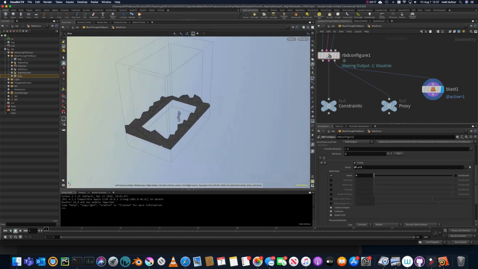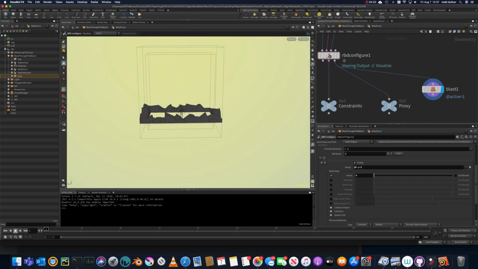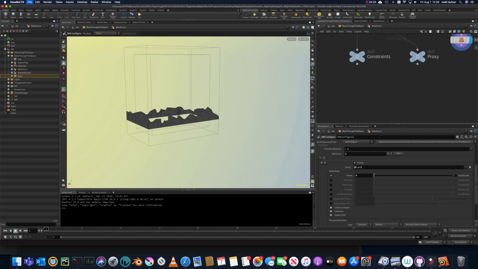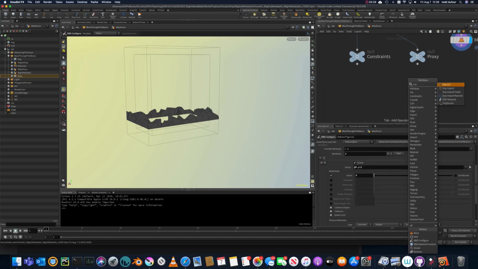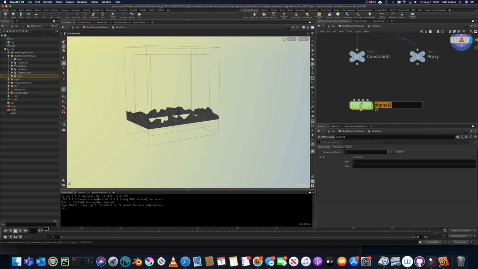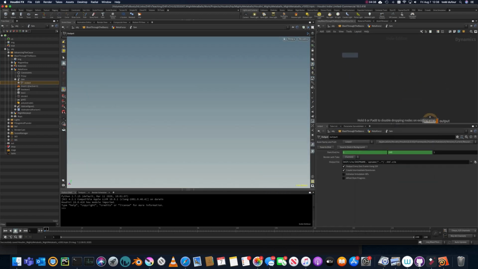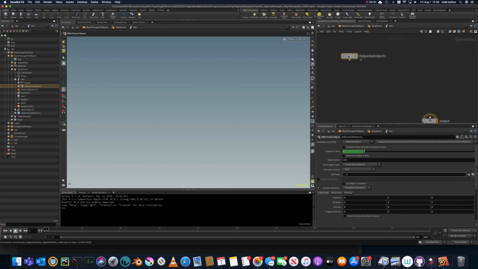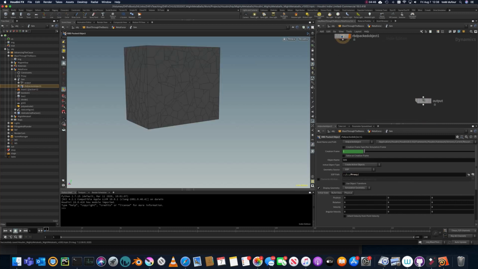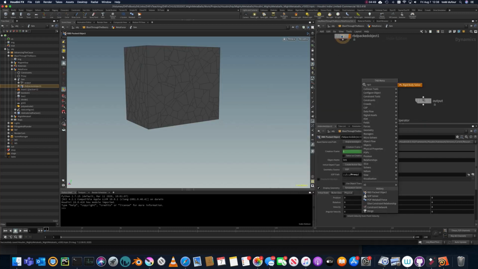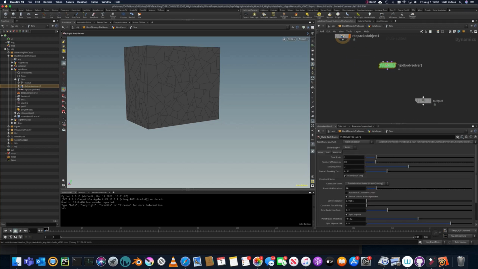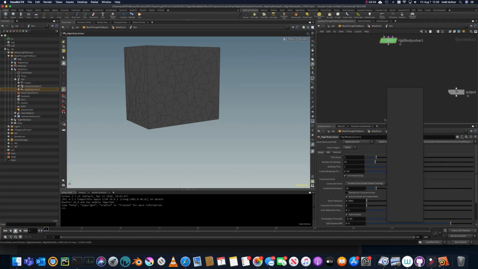So this will be our foundation of pieces that are going to be used to hold the building to the ground. So always save early, save often. We're going to put down our dot network and go sim and dive in here. Put down our RBD packed geometry. Some people use the inputs. I'm kind of old school and I just dig up like this by using so there's our geometry. We'll put down a rigid body solver, plug this into this,